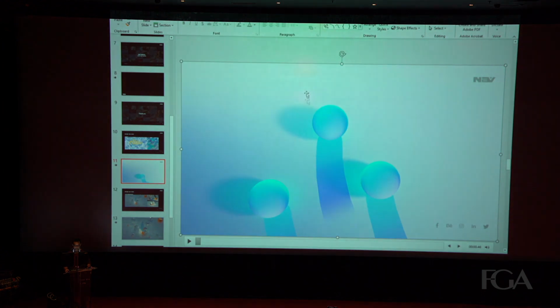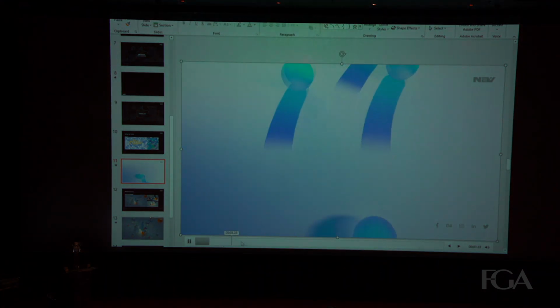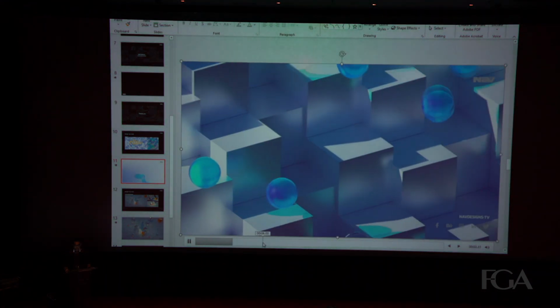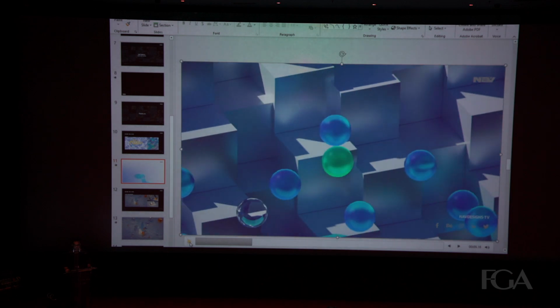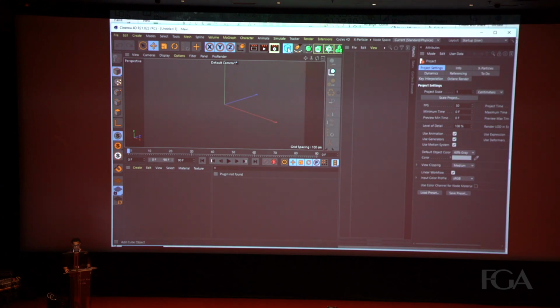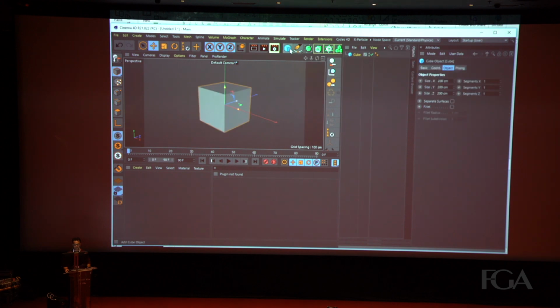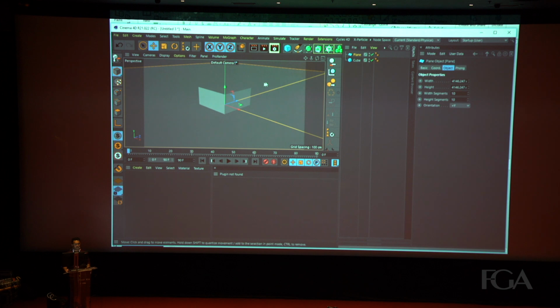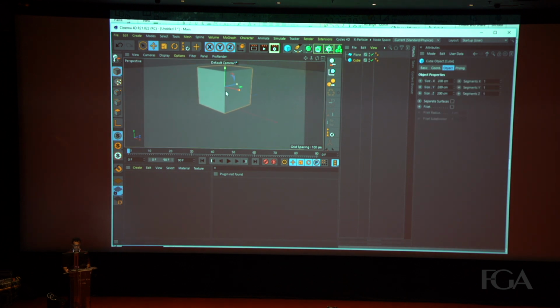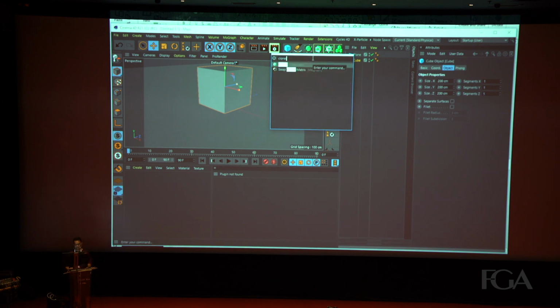So the second thing I would like to talk about is this scene. So let's open up one new scene. Draw a cube because I want to make a lot of stairs here. And let's keep the cube up. And here I want to use cloner object.